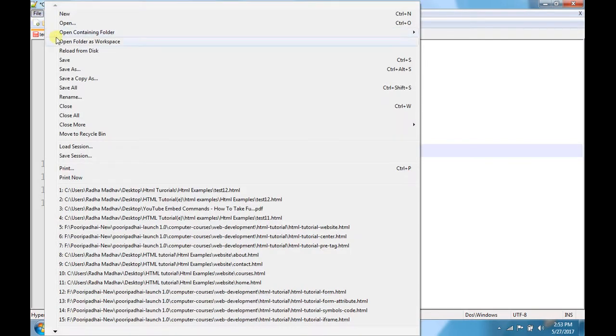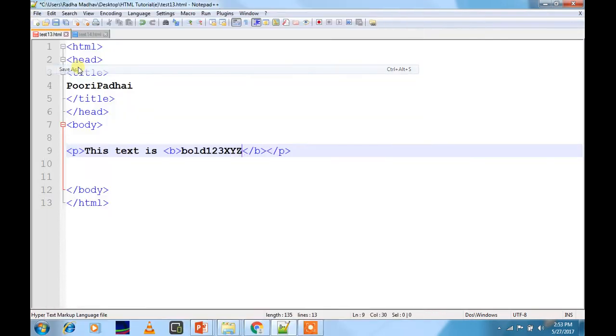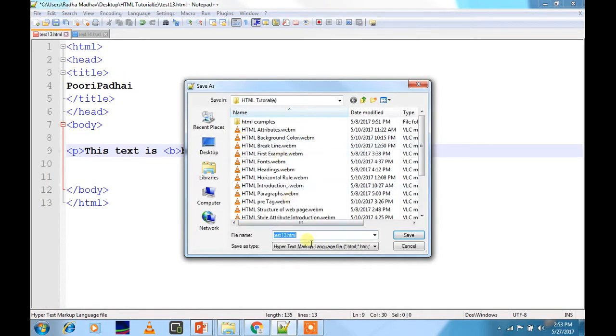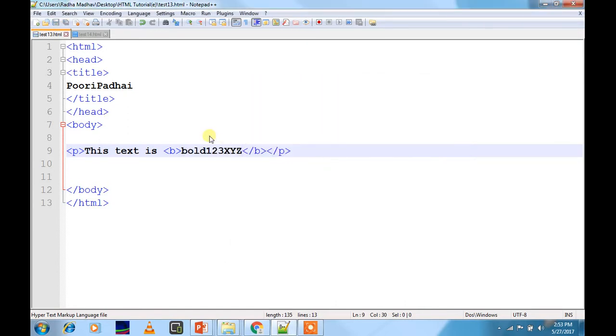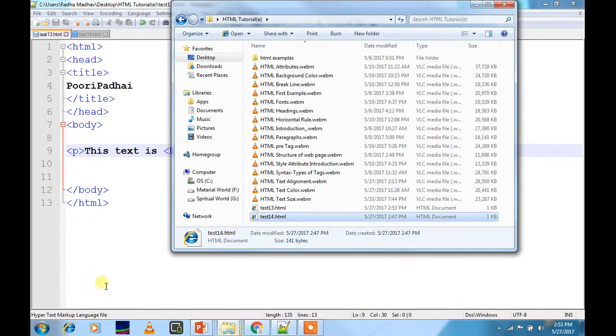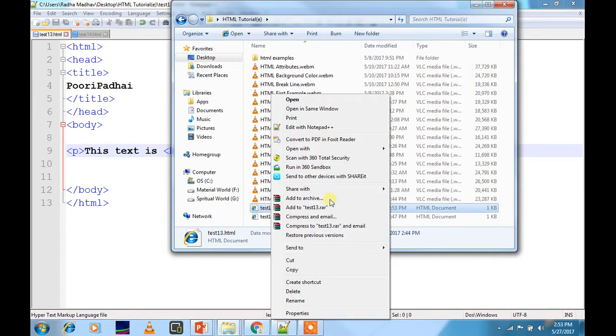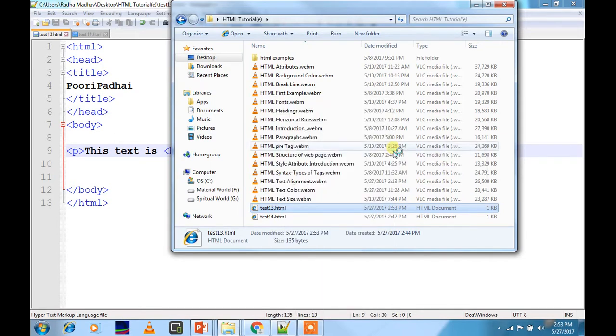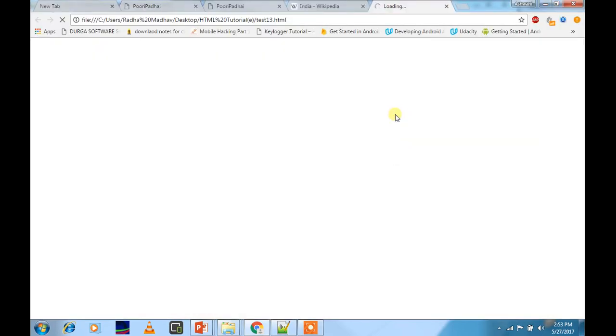I have already saved this file, but let's save it again with the name html13.html. The extension is necessary.